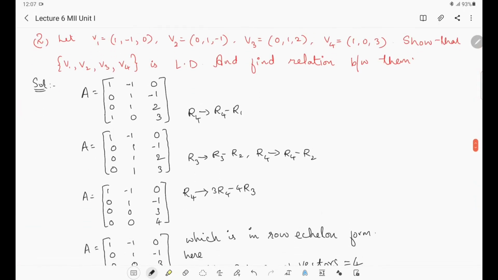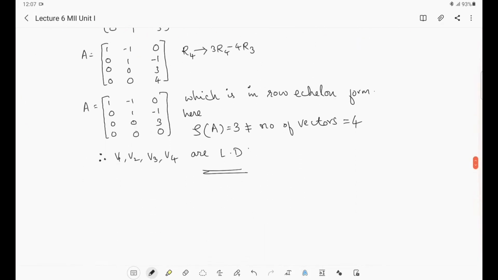You see the question once. Four vectors are given, v1, v2, v3, v4. We have to show that these vectors are linearly dependent. We have shown that. Now we have to find the relation between these four vectors. Because these vectors are linearly dependent, we can find 4 scalars, alpha 1, alpha 2, alpha 3, alpha 4, which are not all zeros, such that, so I am writing here,